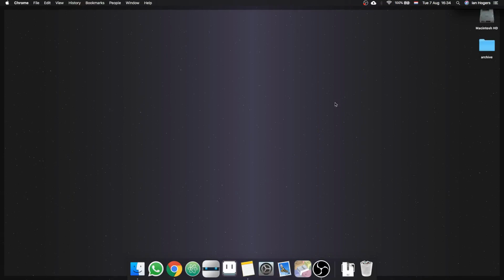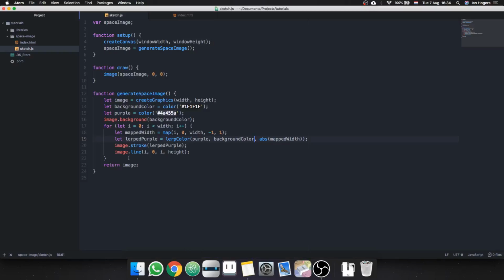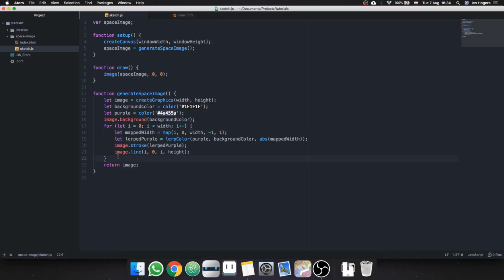So as you can see, it's already starting to look kind of like how we want here. I don't know why it's doing these weird stripes. I'll have to figure out why, but for now we'll just ignore that. And now we can go to drawing some of the stars. So the easiest way we can do that is just by going,